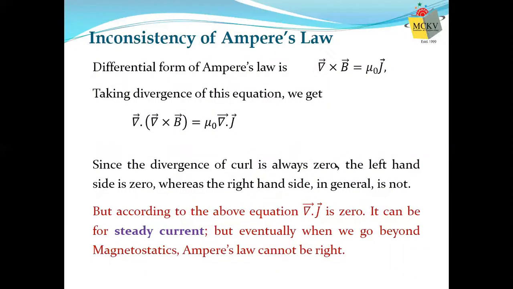We observe that Ampere's circular law is not consistent everywhere. It has some inconsistency, and we need to remove that inconsistency. And that was removed by, again, Maxwell. And that's why the modified Ampere's law is called Ampere's law with Maxwell's modification. So what Maxwell actually did?